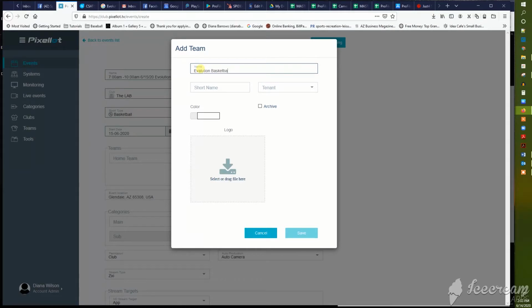Basketball. We're going to pick a short name like EBB. I like to have just 3 or 4 letters for the short name. The tenant is always Profile Sports. In this case, they're going to be red, so just select a red, and then we will drag a